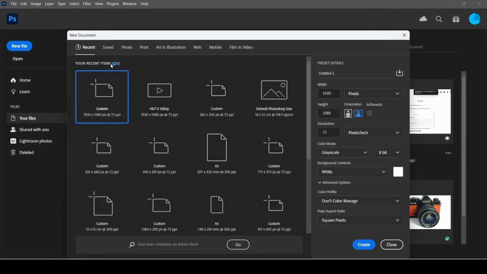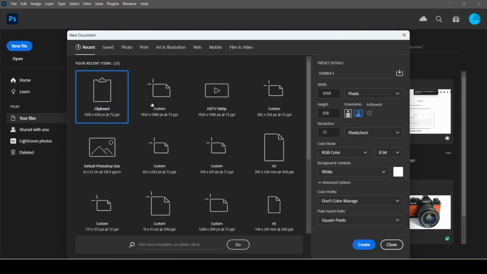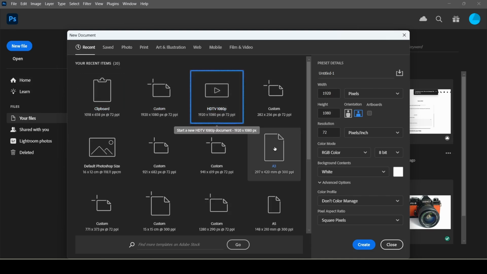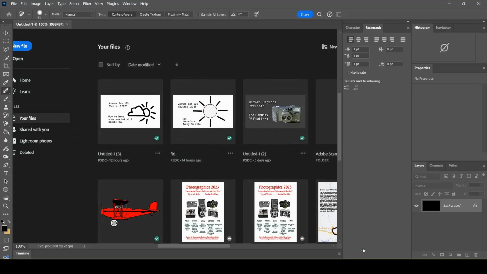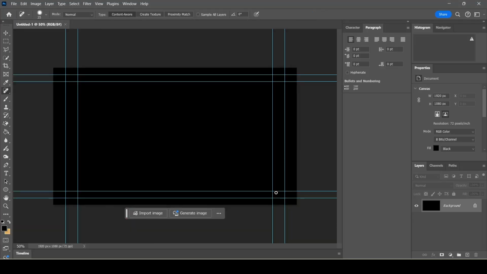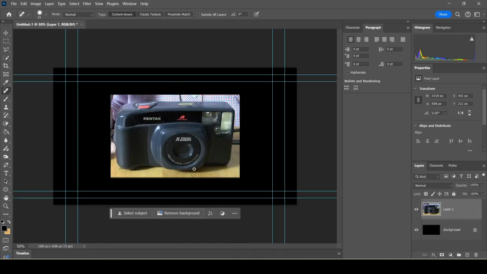Today I'm going to show you how I make a title, and I start by, in Photoshop, I choose the template which is 1920 by 1080 for video. That gives me precisely the screen size or image size, and I'm using a black background. And first of all, I want to bring in the image of the camera, so I've brought in this file